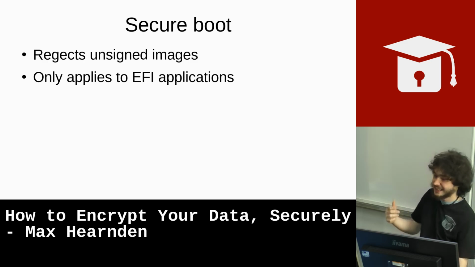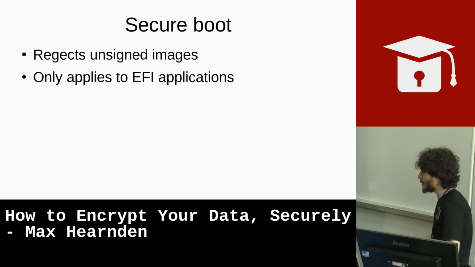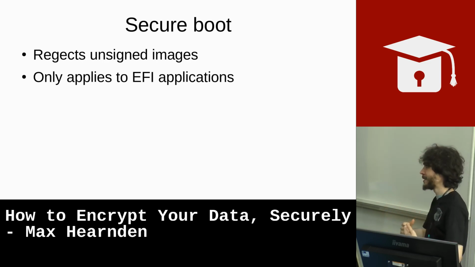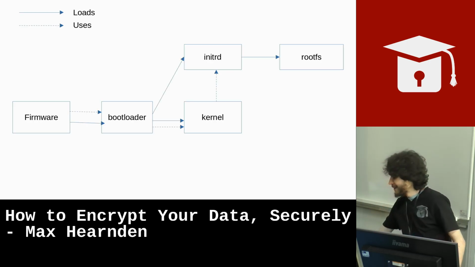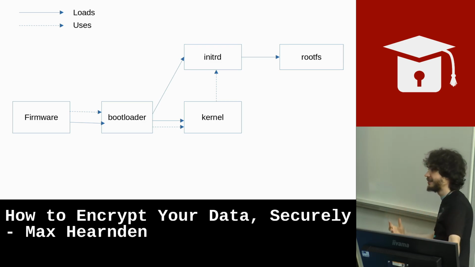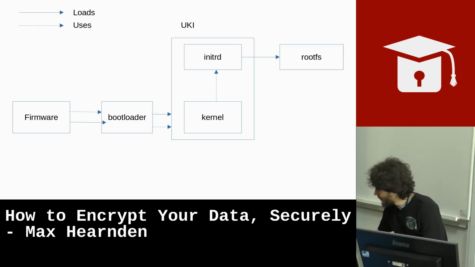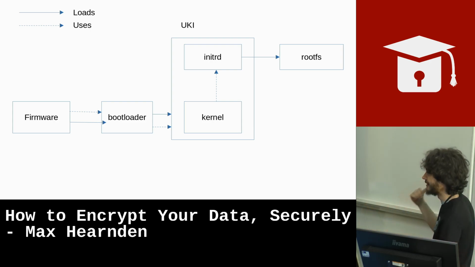But a problem is that it only applies to EFI applications, which are basically Windows portable executables, which are position independent. And from the diagram from earlier, whilst the bootloader and kernel can be EFI applications, the initial RAM disk is not an EFI application. So to fix that, we wrap them both together into a unified kernel image,